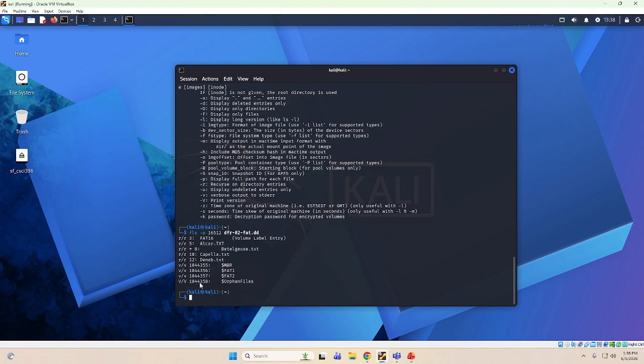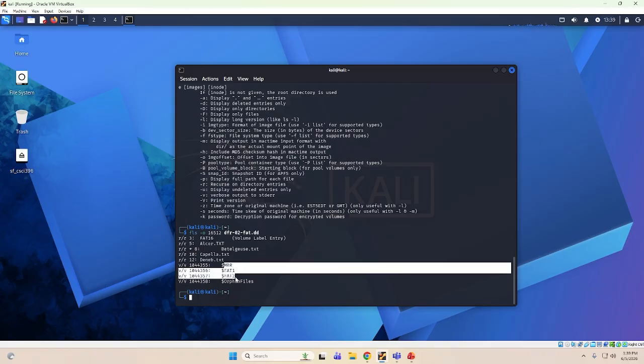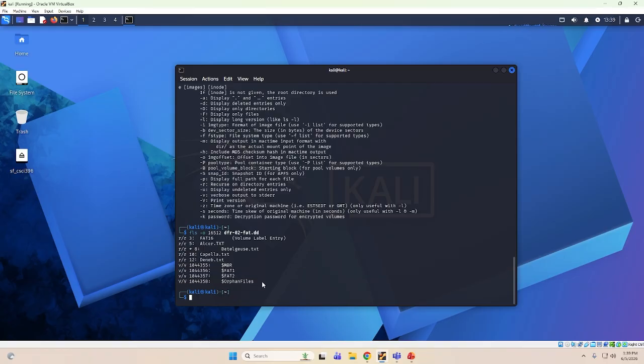And we can see all of this information here. So this is our volume label entry. This is one of the files which exists on the file system. This is one of the files which has been deleted. So the star there is the deleted flag that this fls command or The Sleuth Kit adds in there. There's two other valid files, and then there will also be the MBR, the FAT tables, and then orphan files